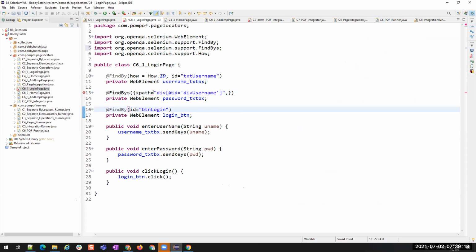Okay, we have one. Second one, you can either give xpath or you can give id. It's okay, whatever. You can also give xpath. I think this is not needed. Yeah, I have to give it here. Xpath is equals to.